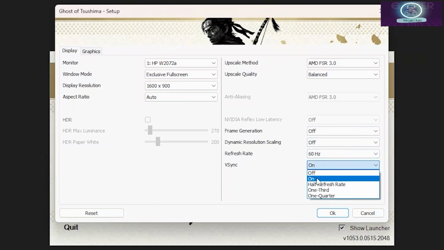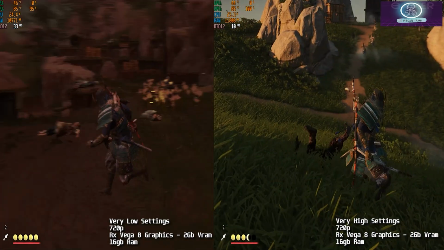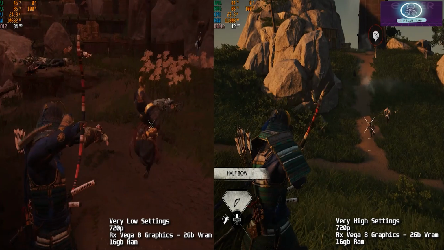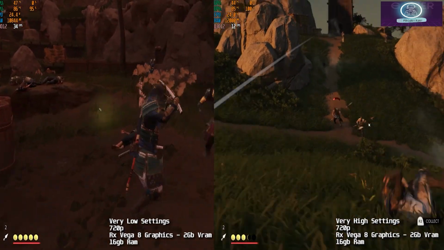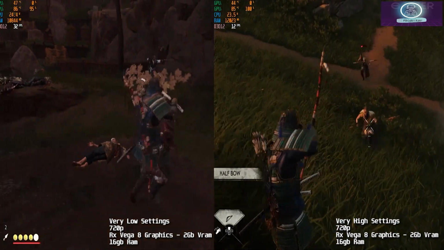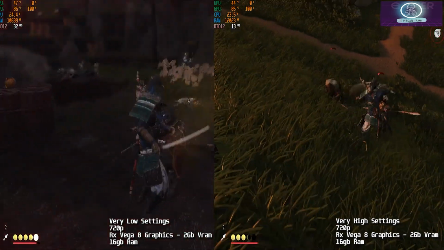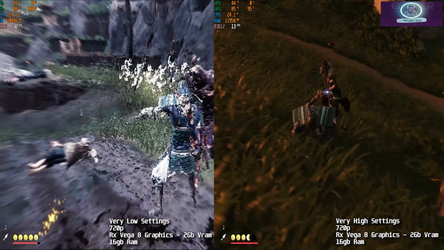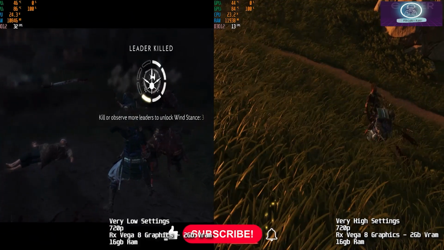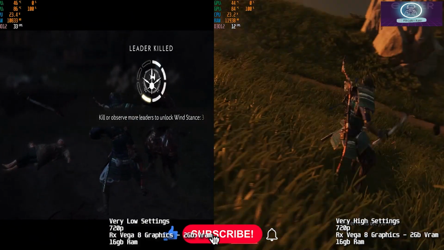In terms of settings, we get a maximum of 10 FPS on very high settings with AMD FSR set to quality at 720p, and 30 FPS on very low settings with AMD FSR set to ultra performance at 720p. Now this makes the game really playable, but if you still can't play even after tweaking the in-game settings,